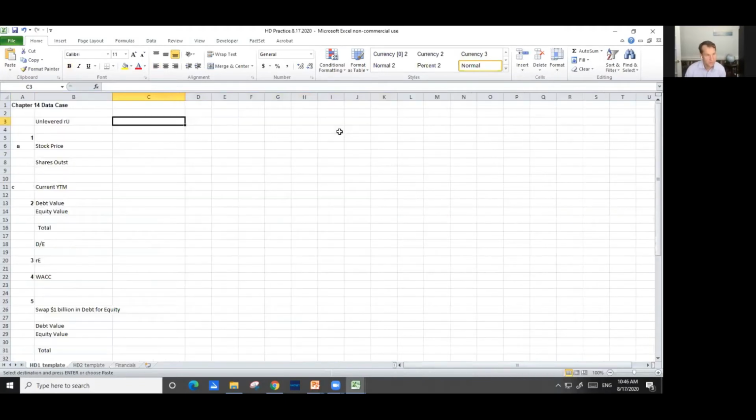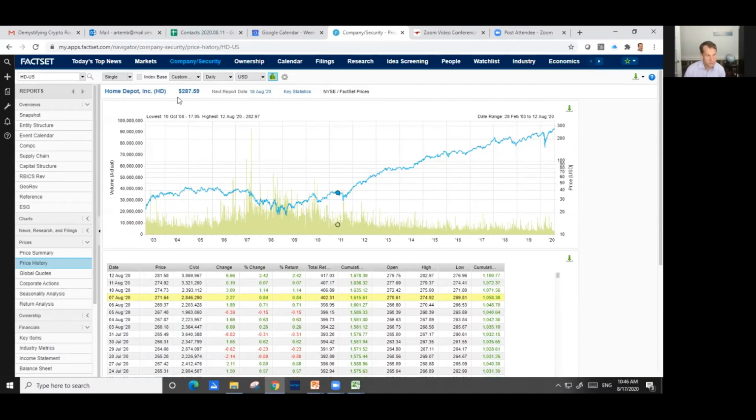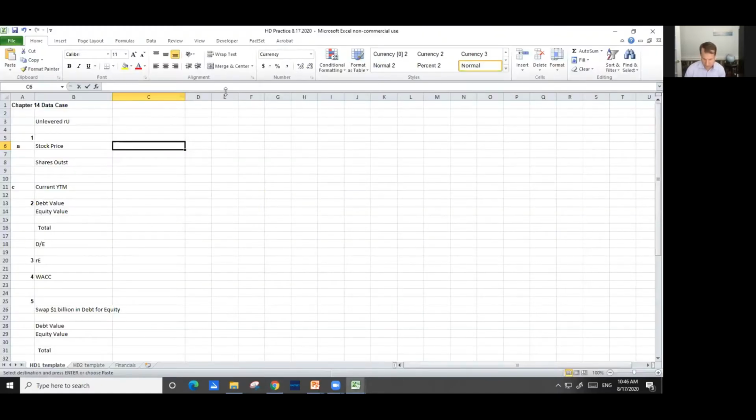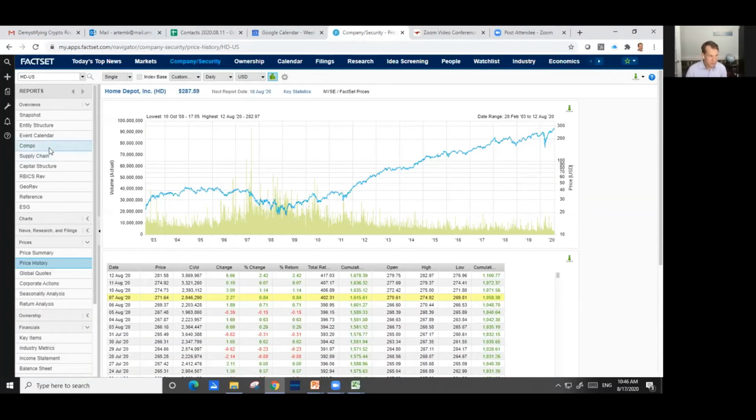And I'll type it in cell C6. So we decided to use 287.59 for stock price. Unlevered cost of equity is 12% in the assignment. Shares outstanding under